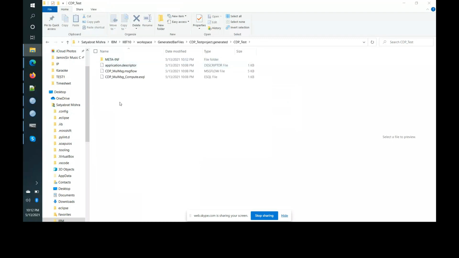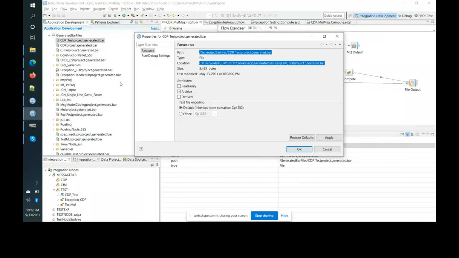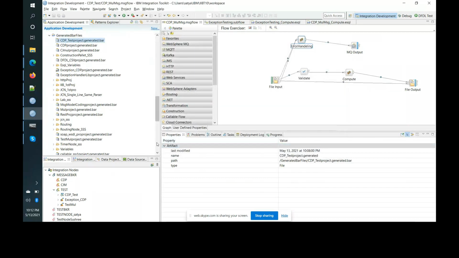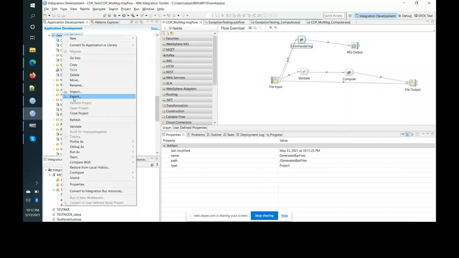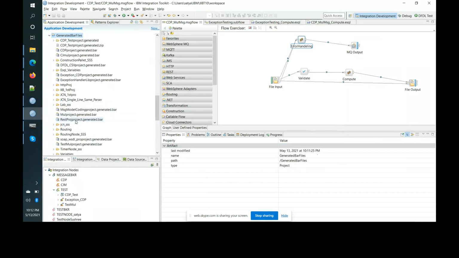Go select, where is that file? We don't see that subflow for some reason. So only the message flow is visible. Okay, let's go to the settings of your application. Go to Studio. Now cancel this. Refresh your generated bar files folder. Right click on that folder and say refresh. After close project, refresh. Oh yeah, got it.